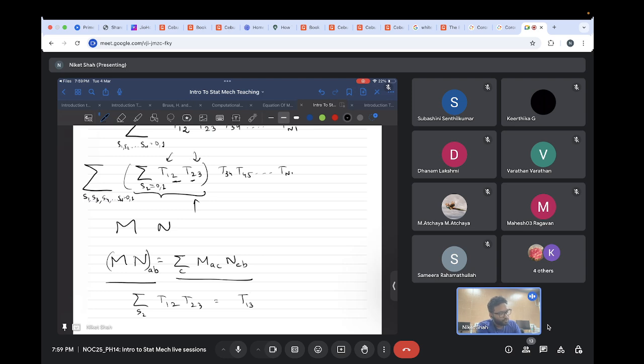No, it would give me t square 13. Sorry, my bad. Because the t's are all the same. All of the t's are the same, so it will just give me t square 13. And then I do